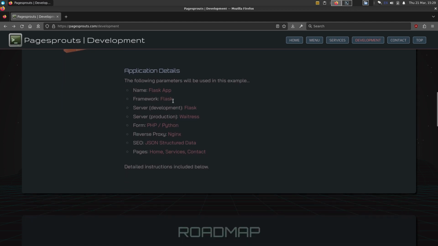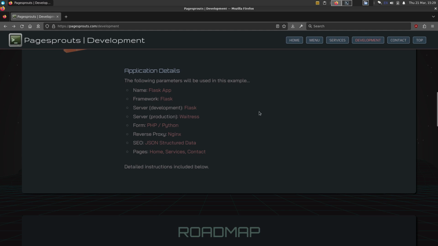Here's a little bit of information about the application we're going to be creating. I'm just going to name mine Flask App. Framework: Flask. The development server that I just showed you was Flask. Once we're all done with the application, we'll switch over to a production server called Waitress. The reason I'm using Waitress is because it's cross-platform, and we can also specify exactly how many threads we want the application to utilize, which will certainly speed up the application quite a bit. Whereas Flask, I believe, only runs on maybe one or two threads. Actually, I think it's just single threaded. So with Waitress, if you say you want to use 8 threads, 16, 24, however many,